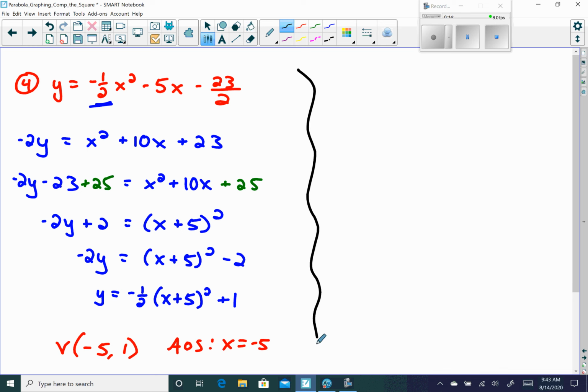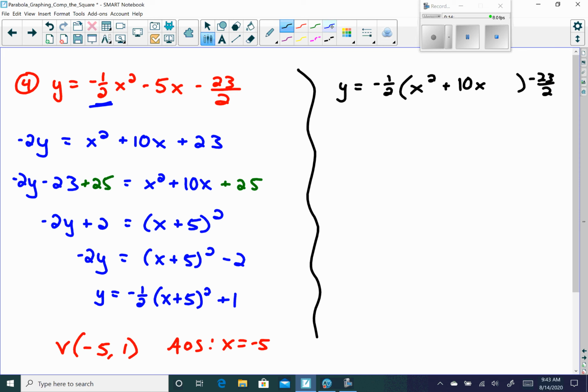All right, without having to divide or multiply everything by negative 2, we're going to factor out a negative 1/2. Again, be very careful. So we get an x squared. Now, to get a negative 5x, our next term needs to be positive. We have to think, half of what number will give us 5. So there's where that 10x comes into play. We'll leave a little bit of space, and then we'll have the minus